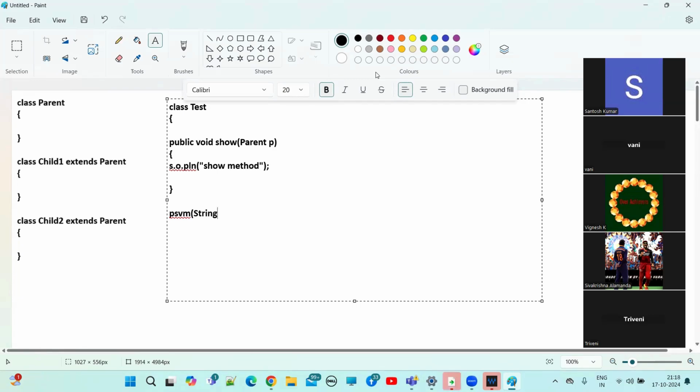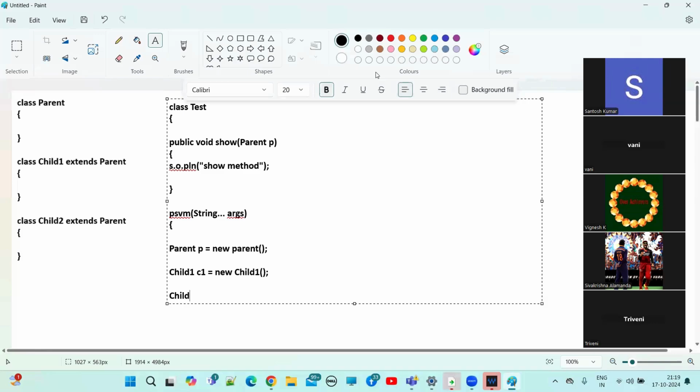Here I'm creating an object of Parent: Parent p = new Parent(); and after that I'm creating an object of Child1: Child1 c1 = new Child1(); and at the same time an object of Child2: Child2 c2 = new Child2();